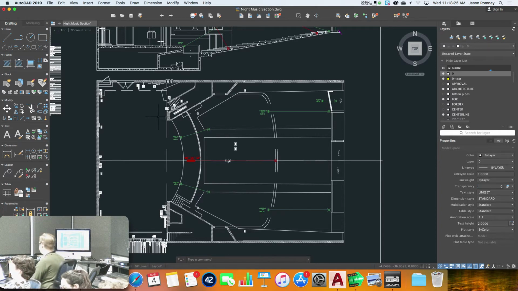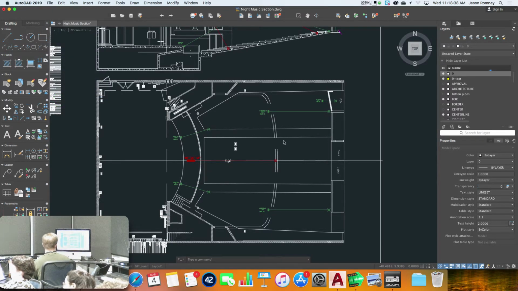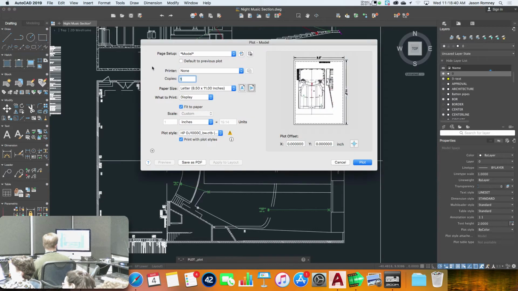Okay, so here you go. Probably so far in your life when you have ever printed things, you've just been in whatever program you're using and you just go to the file menu and you say print, right? Maybe that's the scenario that you've done. And AutoCAD has that, but here's what happens when you do that. This is what will show up,